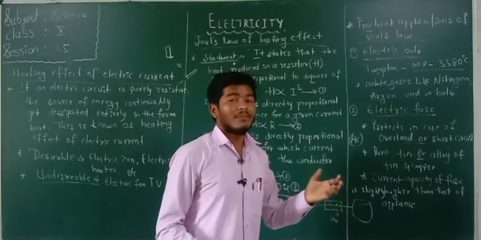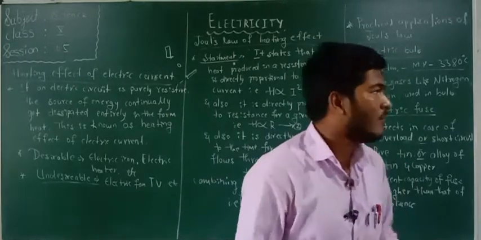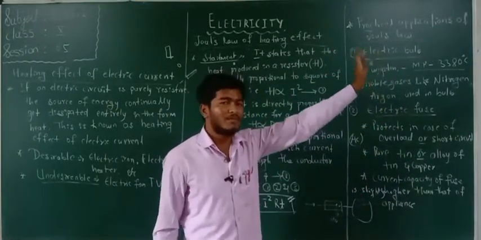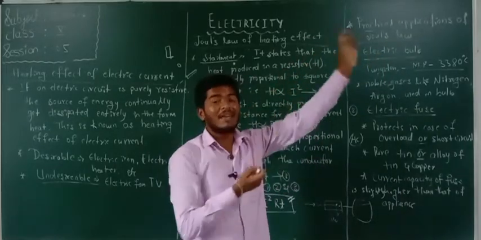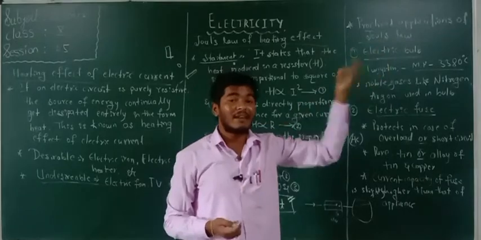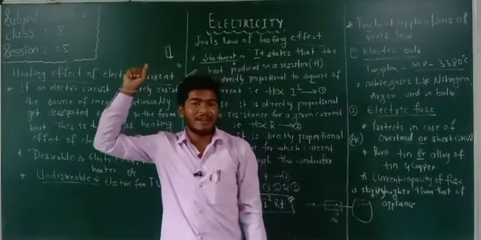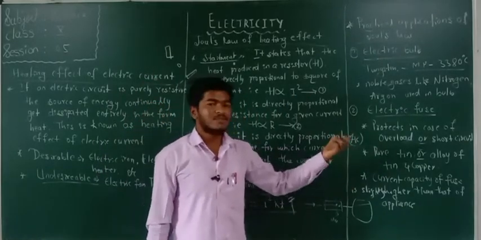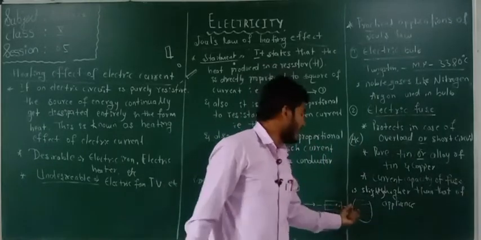At that time, what happens? That is one reason why we use a fuse at the entrance of our home. Because it protects from that high voltage coming from the AC current, that is, from the electric cables. So this is another use of the heating effect of electric current, that is nothing but the electric fuse. These fuses are used in series combination with our electrical appliances.